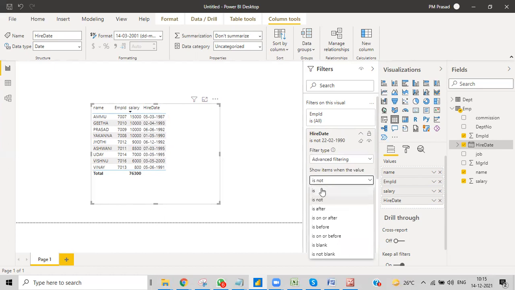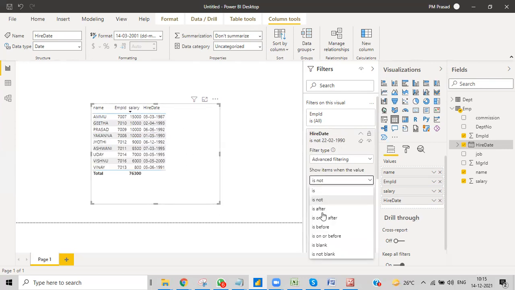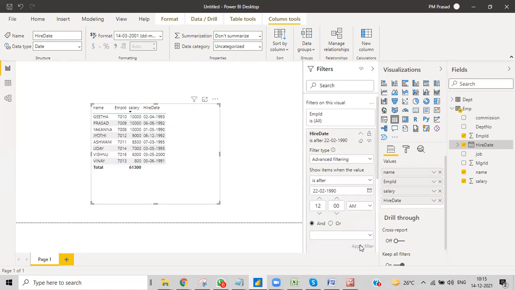So it is 22. If I apply it, I'll get only the people hired on that particular date. Then is not on that particular date: all the remaining dates. And then is after: after this date, how many people were recruited? These many people. And then is on or after.